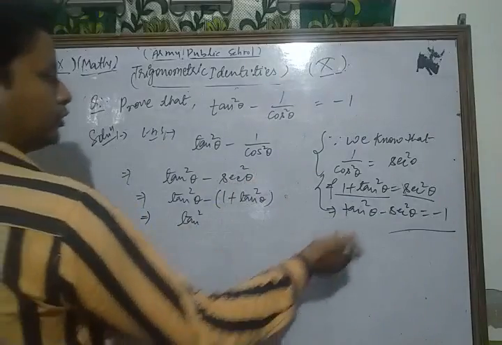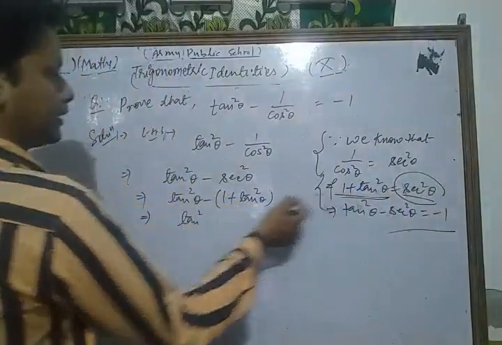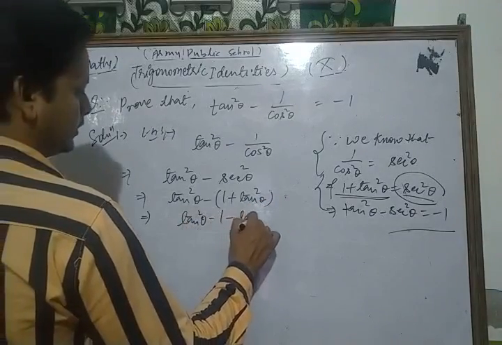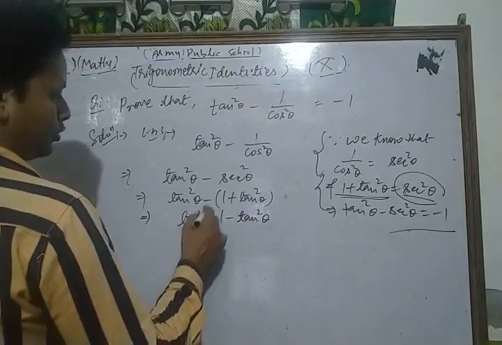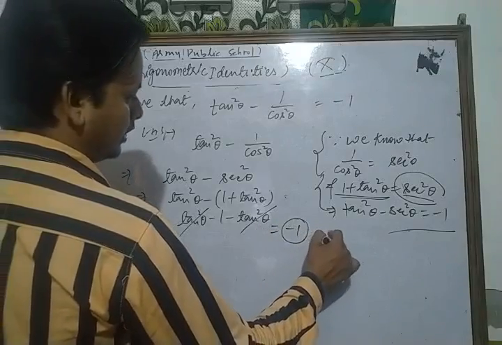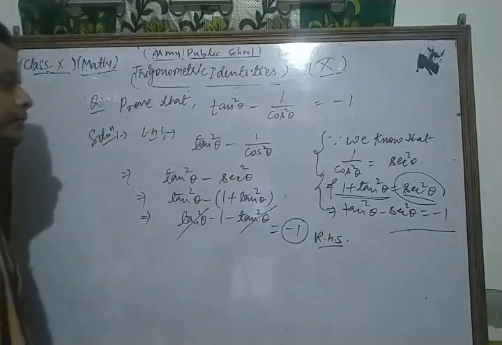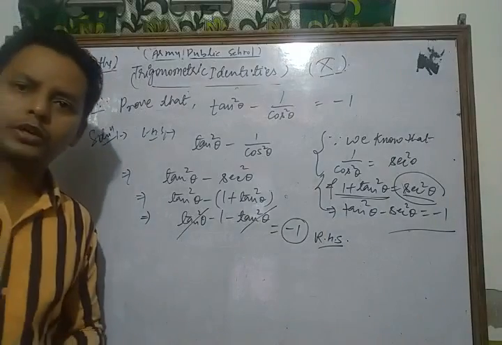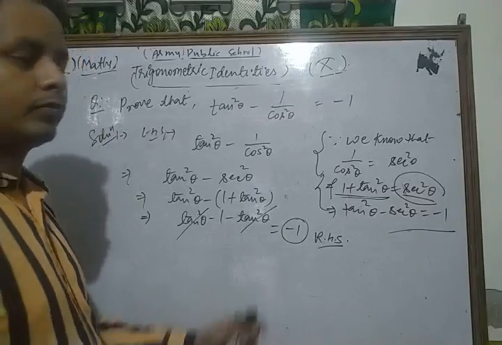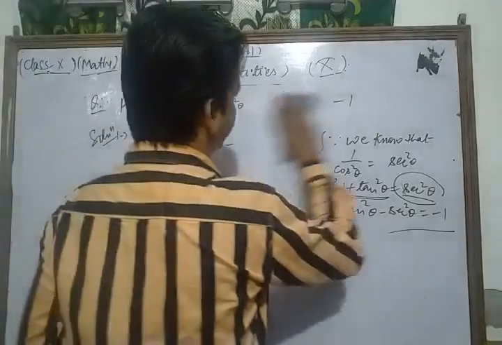Okay, or you put sec square theta as what? 1 plus tan square theta. So from there tan square theta minus 1 minus tan square theta. So tan square theta cancel to each other. We have minus 1. That is RHS. Okay. So in this way you can solve that type of question. Now we take and solve some other important question based on that topic. Let's see.